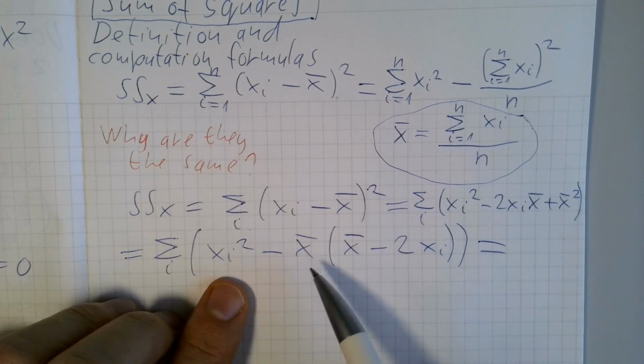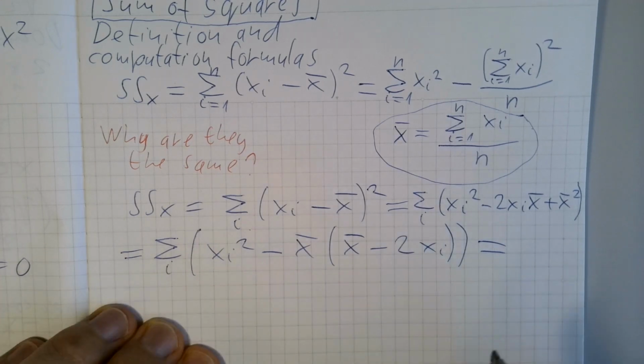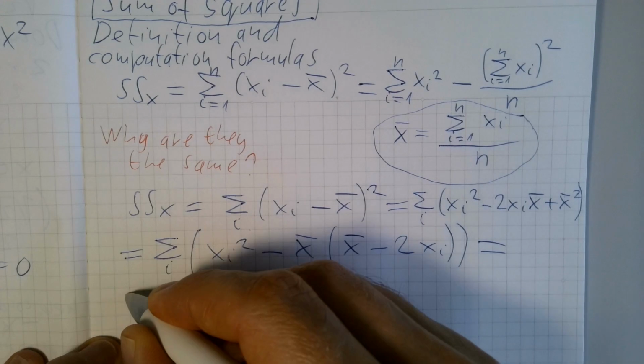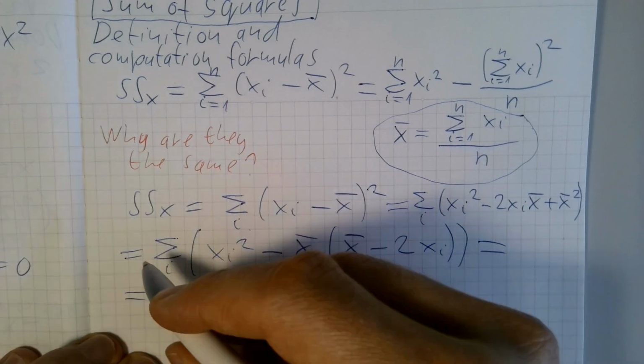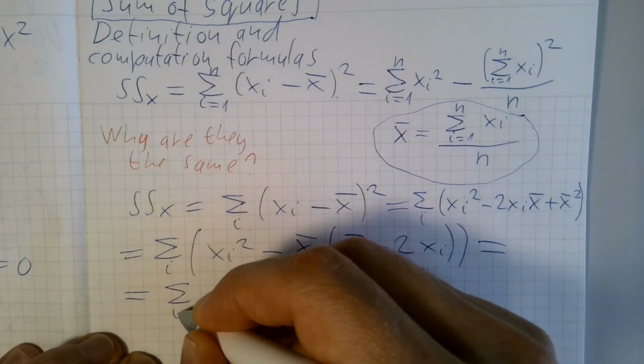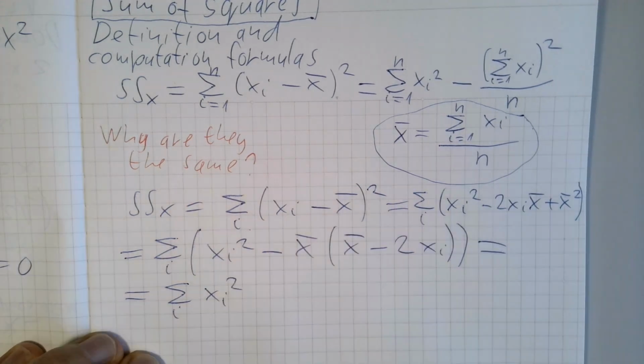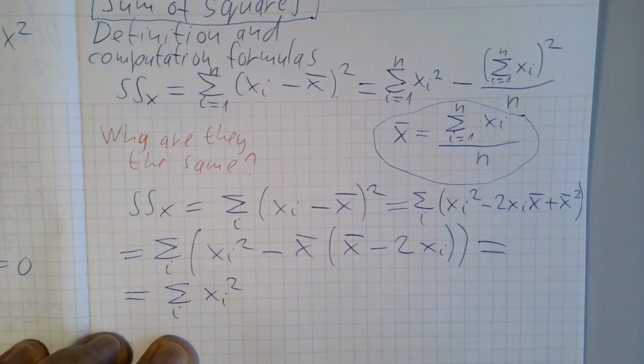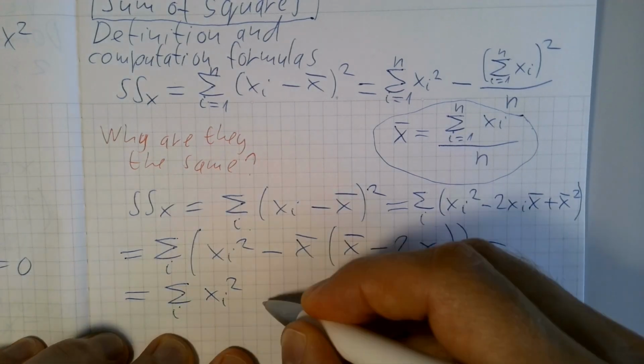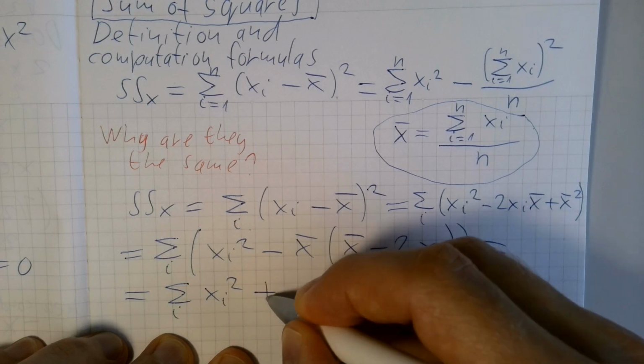So we can do the summing separately. So that will be summing up the squares of the data points, plus